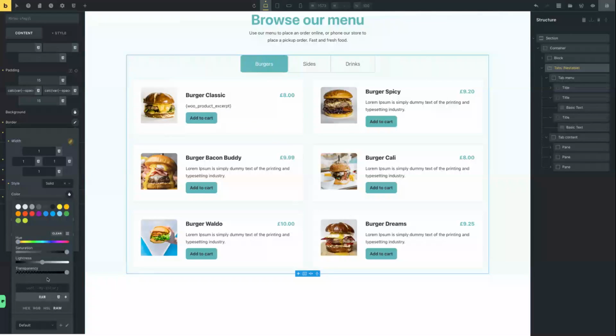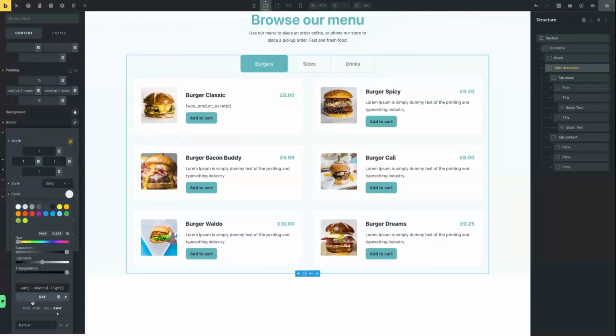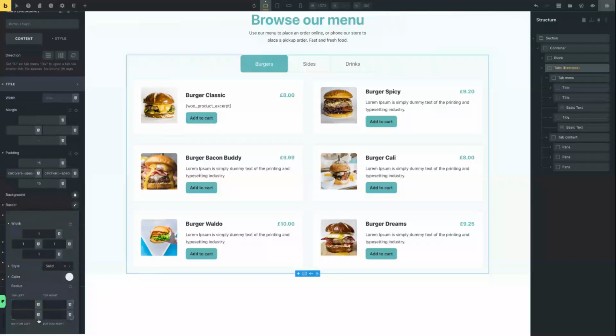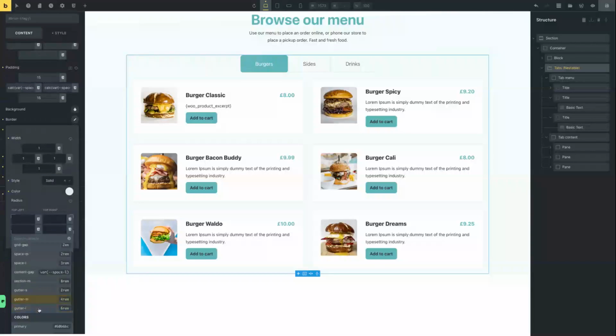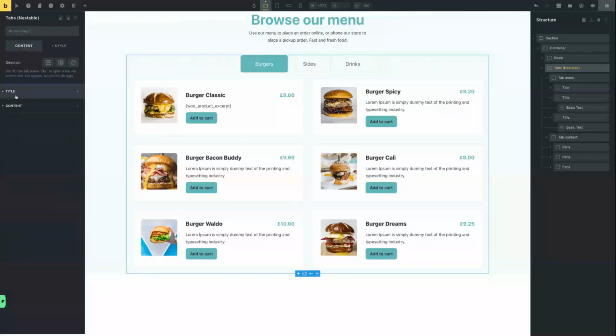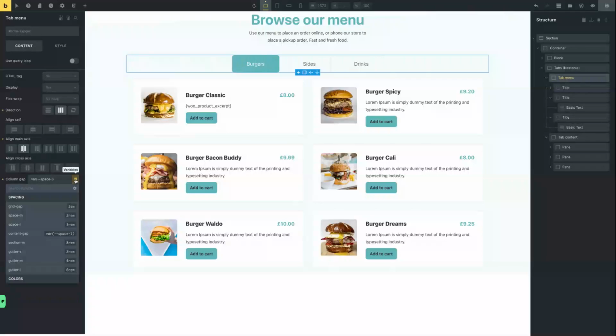So let's go to raw, my variable of neutral light, faint border there. And then we need a radius on that, of our radius. There's a radius. Let's link all the sides in. And then we need space between them. So let's go to tab menu and let's put a column gap in of 3 rem. Let's make that XL